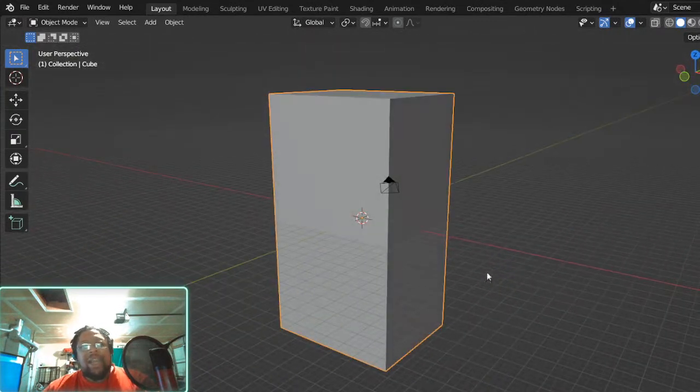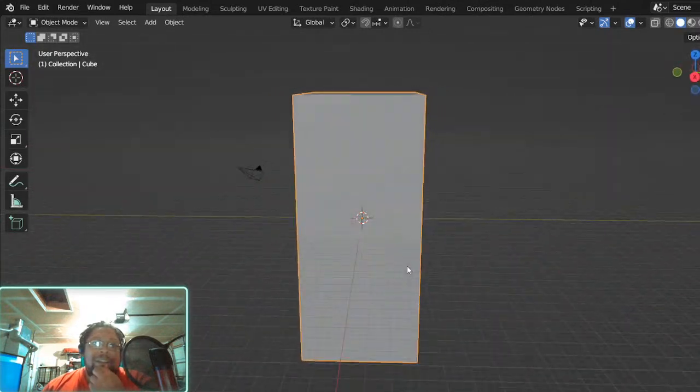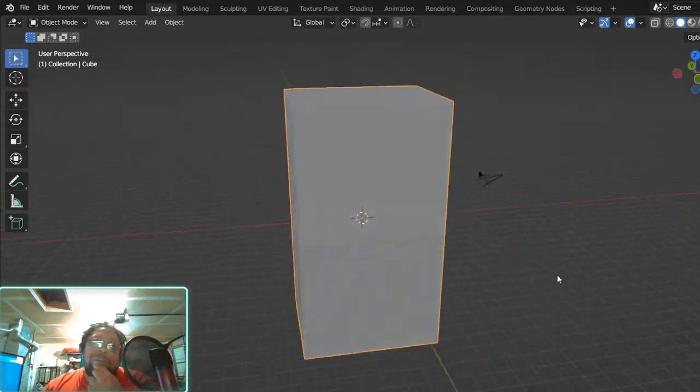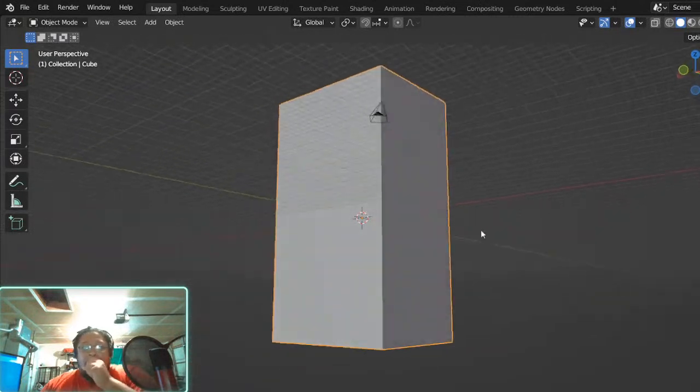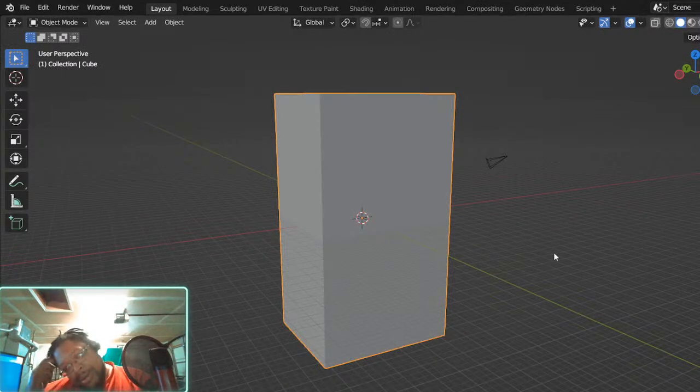That feels like a tiny elevator though. That's like a phone booth. Let's see. Let's maybe make that a little bit wider. Let's make that instead of 5. Let's go to 8.